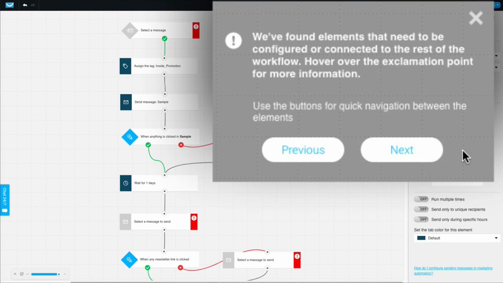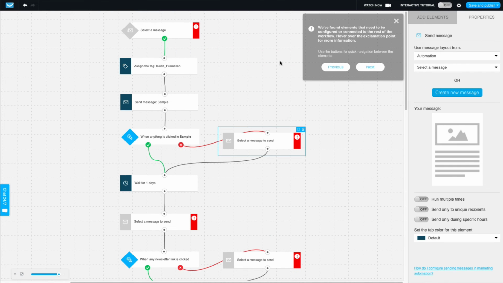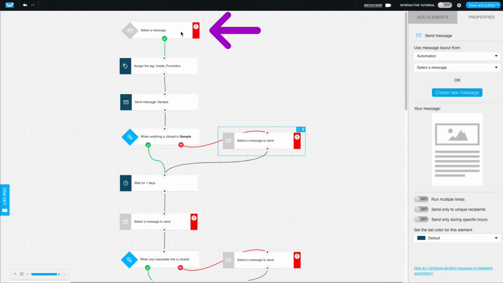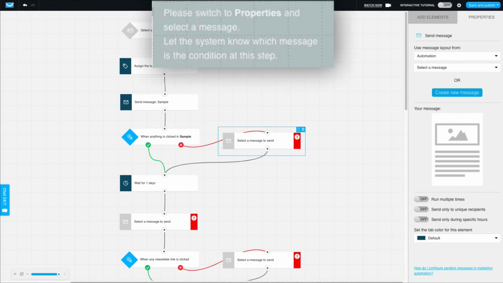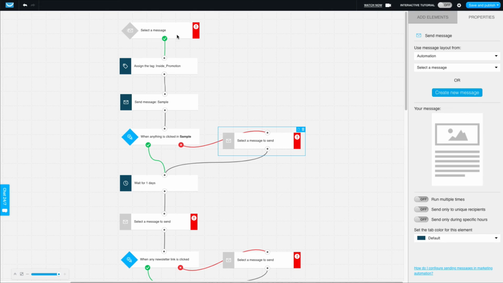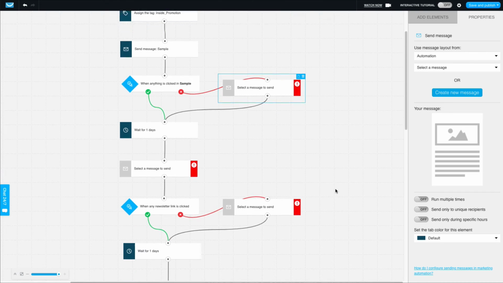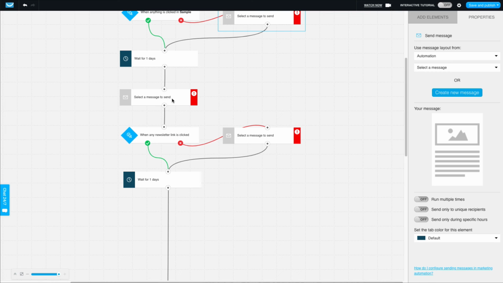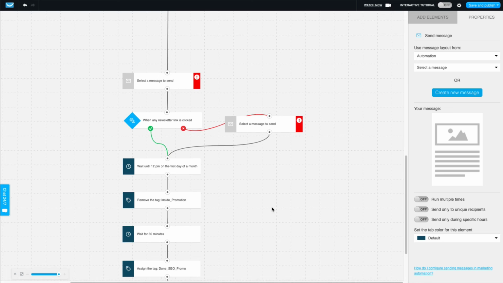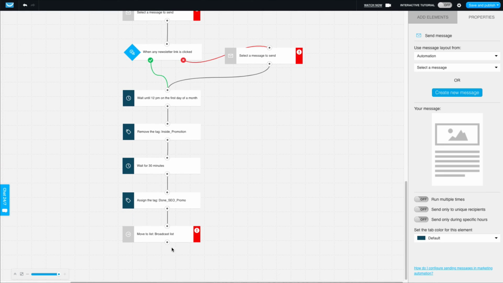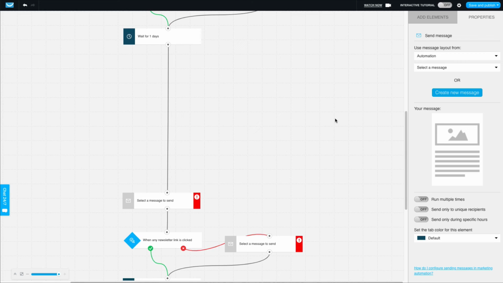And the system will automatically tell you if they found something that needs to be fixed, okay? And basically you just hover over the red exclamation mark and it'll tell you what it is. And in this case, you can see that I did not select a message at the beginning, so it's got no way to know how to start this automation. I did not select the resend as we went through. I didn't select a message in this automation. We were just talking about it. Okay, same thing for here. So that's what's nice about this, is it will automatically let you know what you need to fix